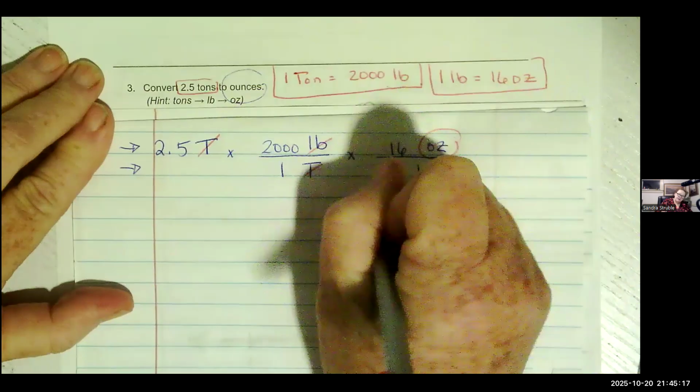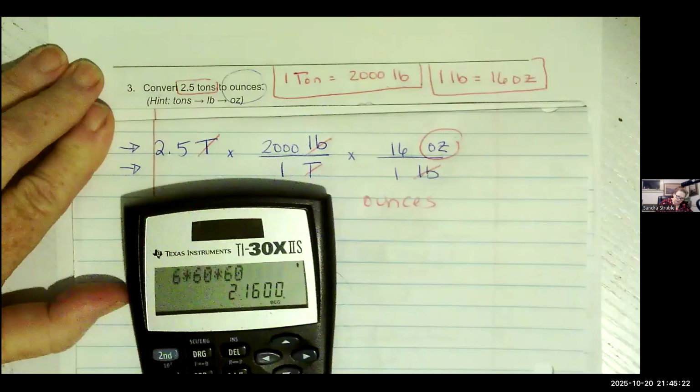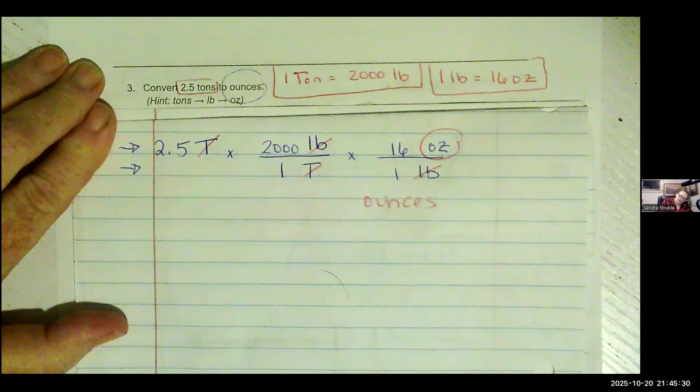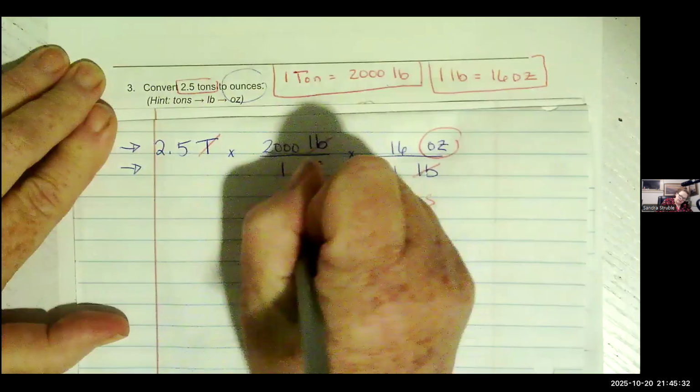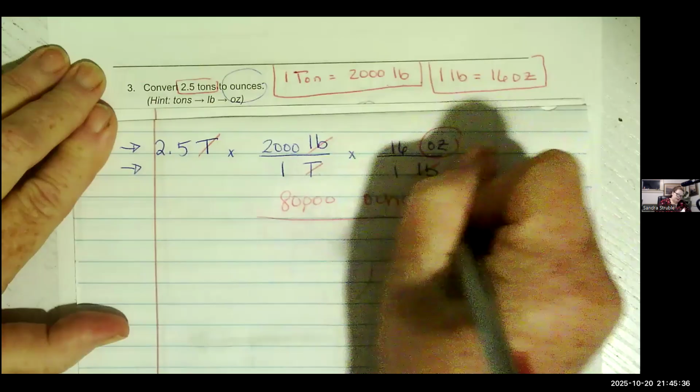Using our calculators, 2.5 times 2,000 times 16 is 80,000. So there are 80,000 ounces in 2.5 tons. This is weight. All right, let's go to number